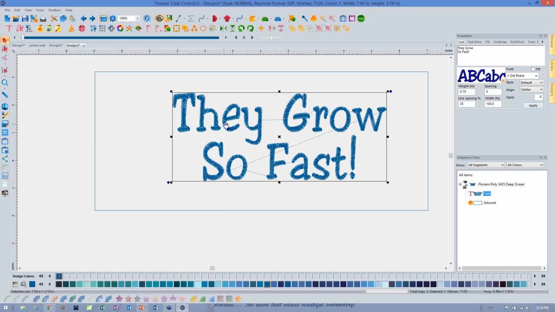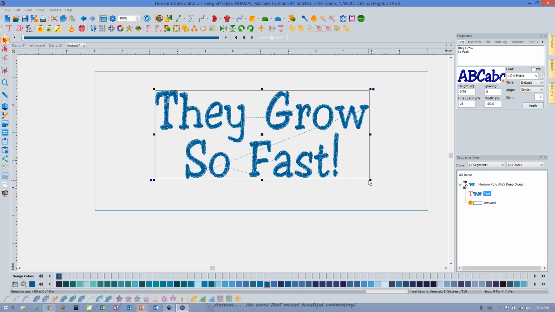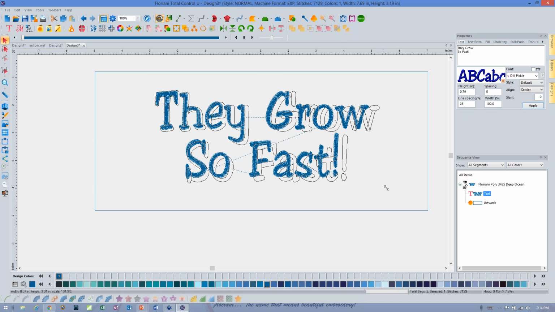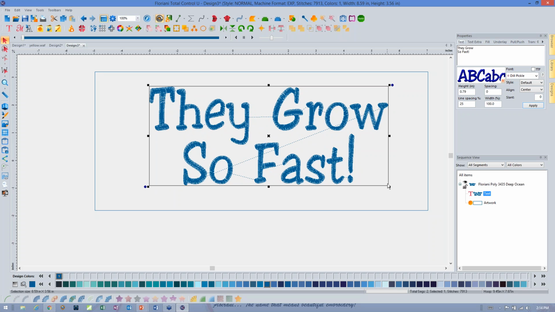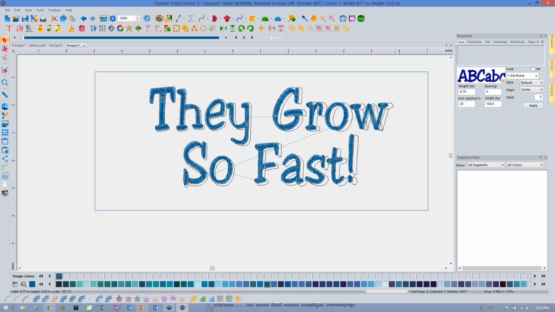You don't want that. That's one of the things that leads to puckering, especially with your text. So if you hit that sweet spot where you get the warning, just back it off a little bit. I'm filling up this space in there, and once I get it to about the size that I want,